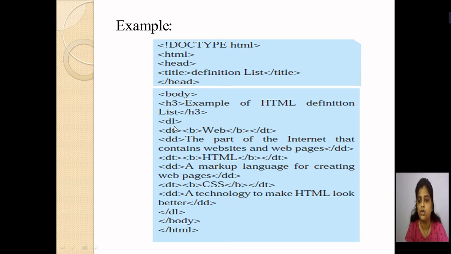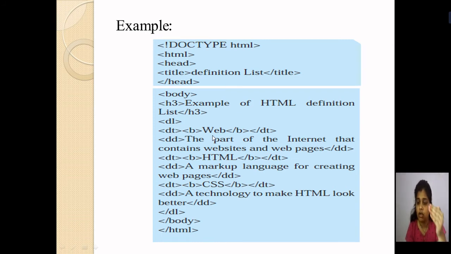Next, I have used my DL tag. What does DL mean? DL means I am using my definition list. Inside the DL tag, what I have used is DT. Okay, DT, B, web. What is this B? B is again a tag for bold. And what data have I written in bold? Web. Web is the data which I have written in bold. My B tag is completed. Here my /DT. So web is the first term I have defined in my DL tag.